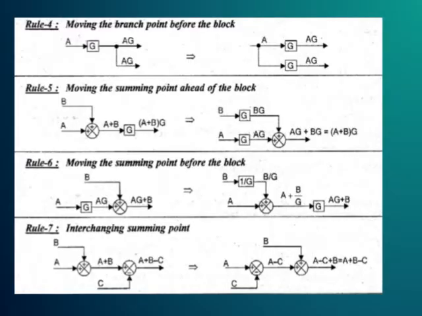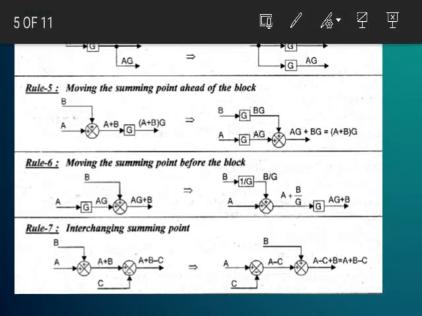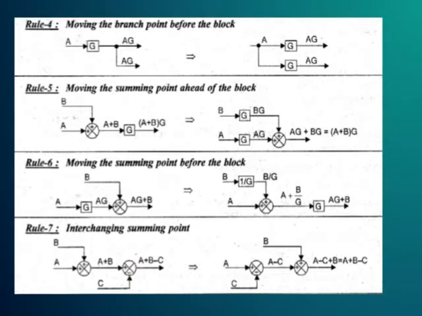When the summing point moves before the block, it should be the reciprocal of the gain. When interchanging the summing points, here is one summing point, and here is another summing point. Here, when interchanging these two, we should see